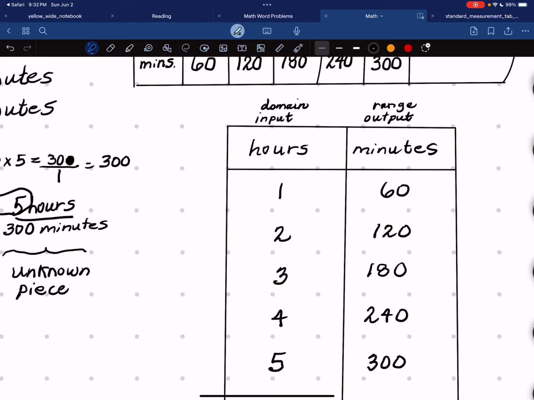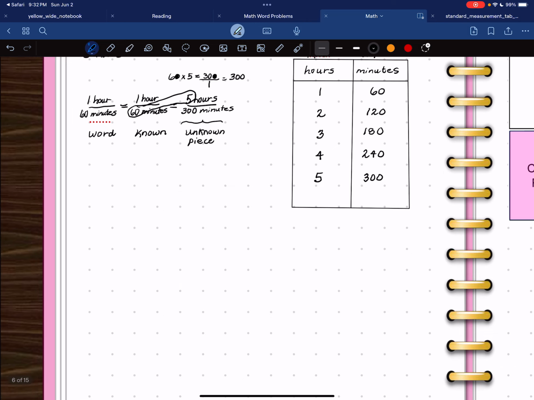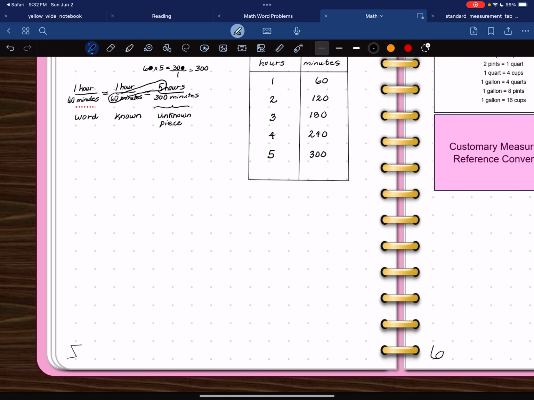All of those good words that we can use. All right. And then finally, you can even substitute X and Y and graph this data on a standard line